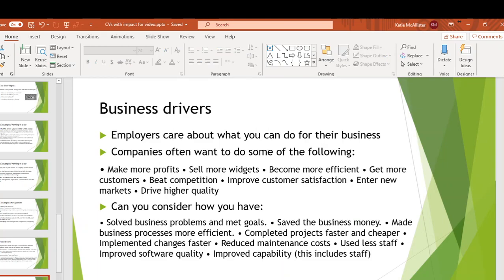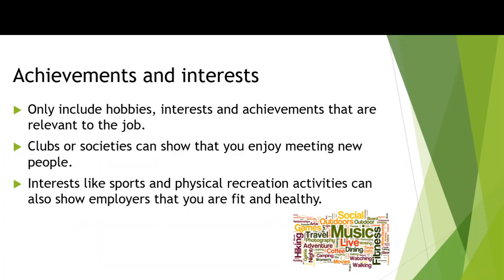With your achievements and interests, you're going to put hobbies, etc. in here, but only those that actually apply to the job. And you need to demonstrate why you're putting them in here. So for example, if you achieved boxing qualifications and won trophies in, I don't know, let's say Cambridgeshire, you might want to pop that in here, but you need to say why. So what skills did you develop? What impact did it have? So again, go back and use stars for any of your hobbies and your interests that you want to highlight